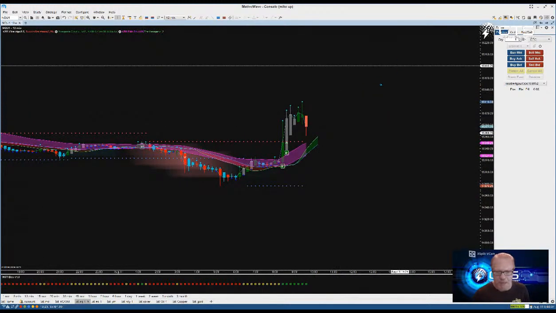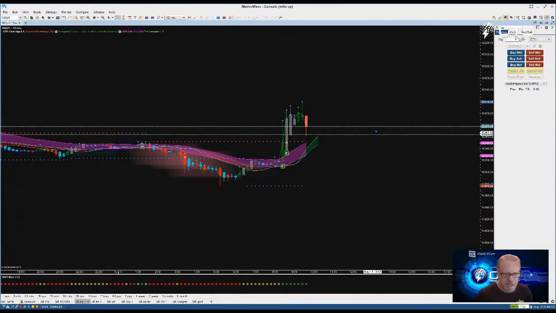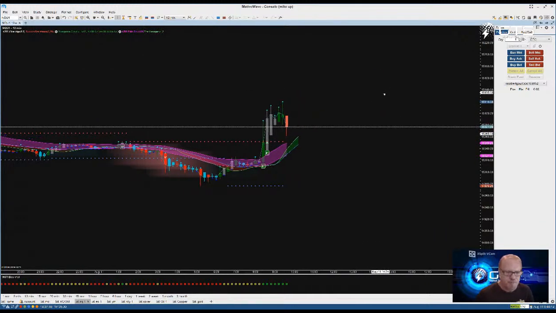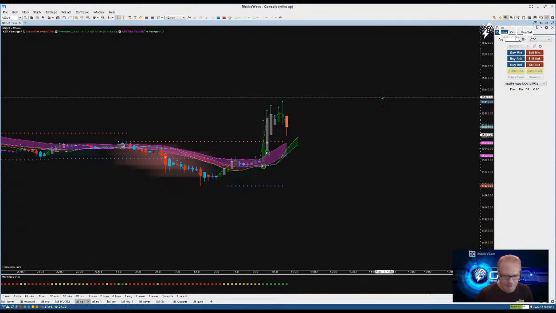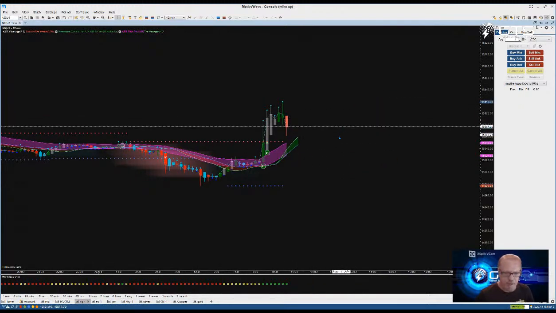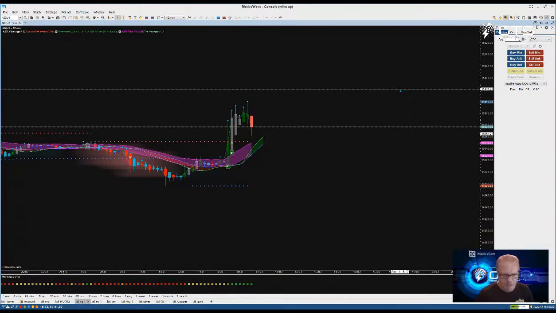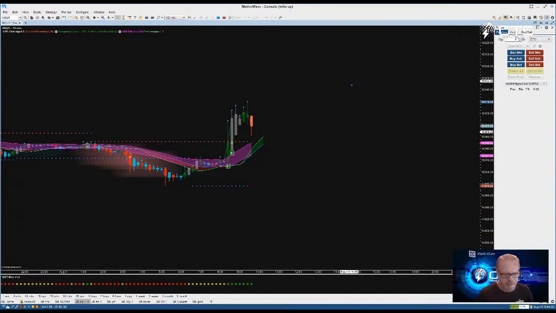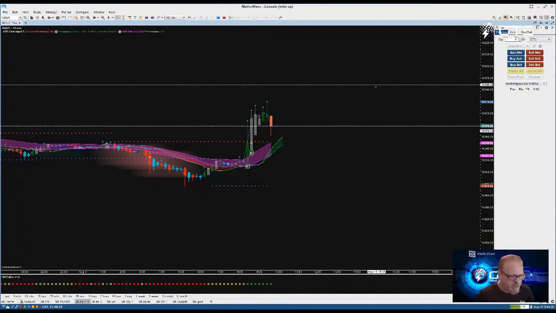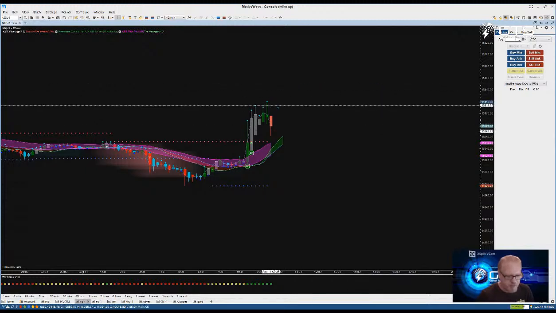Yeah, I probably could have gotten this little down here and made a bunch. I love it because it's printing that red candle. So I could have probably entered right here on the red, just took it down also. But it's all right, I'll wait. Everything's just kind of stuck right now this morning. I'm not getting alerts on anything, Daniel. We're just going to wait and see what happens here. But I did hold that trade for almost 45 minutes. I really am kicking myself about the profit up here.